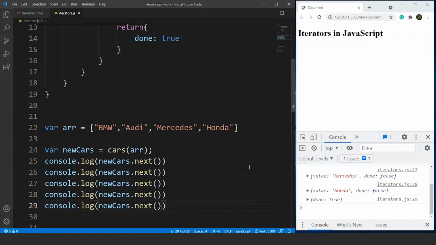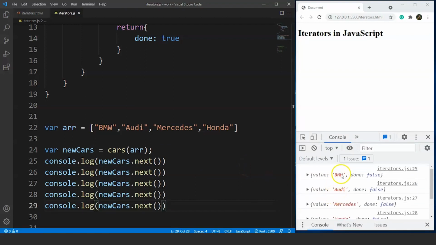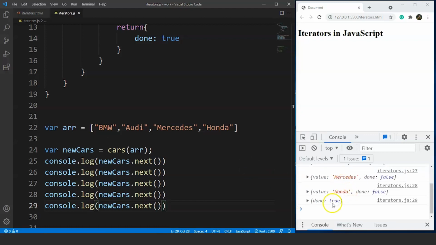Save it, and you can see it says true at last, right? We have all the values. We have BMW first, followed by Audi, Mercedes and Honda, and at the last it says the value of done is true now. It means that the variable index has reached the end of the array.